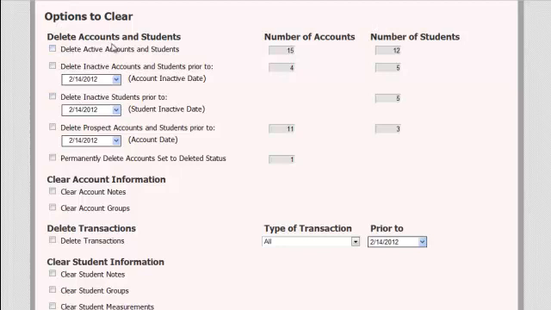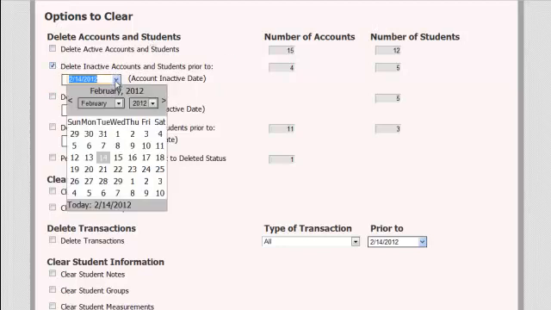You can delete accounts and students either by active accounts and students, or by inactive accounts and students prior to the date that you marked an account as inactive. So if an account was marked as inactive on or before the date that shows in the drop-down menu, those accounts will be deleted. Now if you want to change that date, use the drop-down menu,